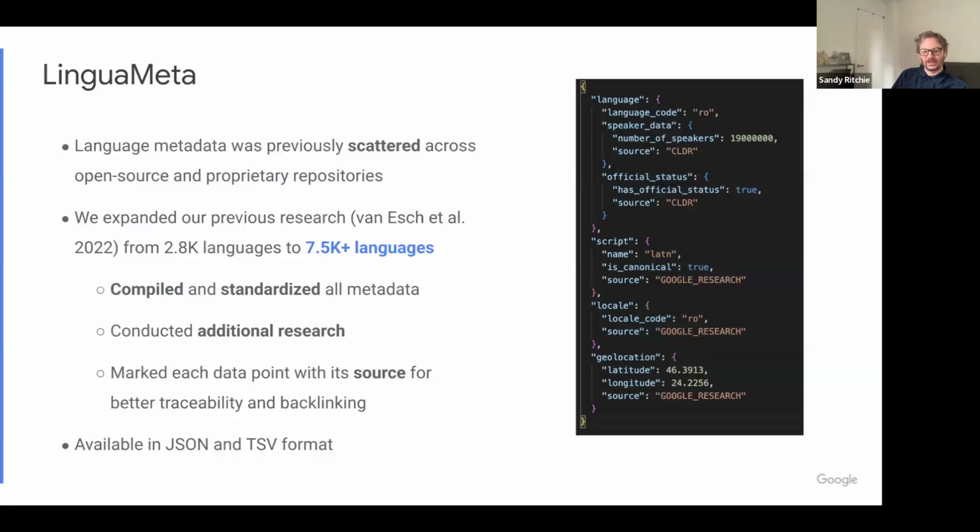So there's on the GitHub, which I can share afterwards, a TSV, which you can download and look at in a spreadsheet for easy browsing. And then there's also this JSON format, which is what I'm showing on the right there, a more structured representation of the data. So this is the entry for Romanian, I believe. You can see we've got the language code which is used, the number of speakers, if it has official status, its script, the country where it's spoken, and then its location in the world. But there's more metadata. This is just a mini example to illustrate how it looks.